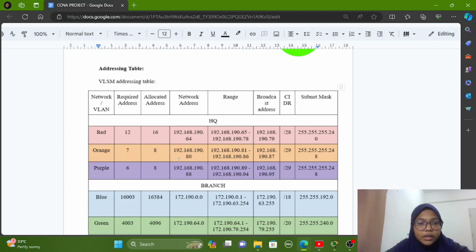For the orange, the required address is 7, so the allocated address that we can give is 8. So the new network address will be 192.168.190.80, where the range is 192.168.190.81 until 192.168.190.86. The broadcast address will be 192.168.190.87, where the CIDR number is /29 with subnet mask